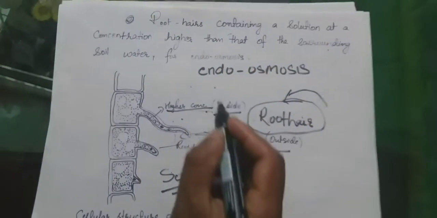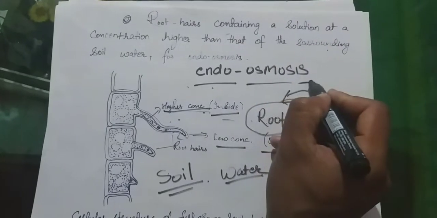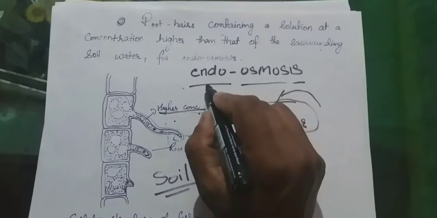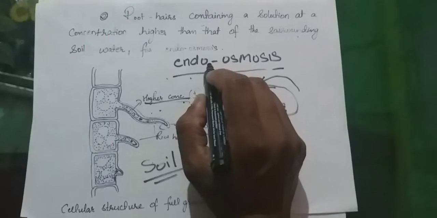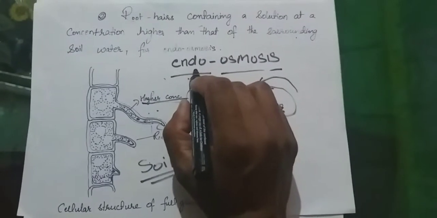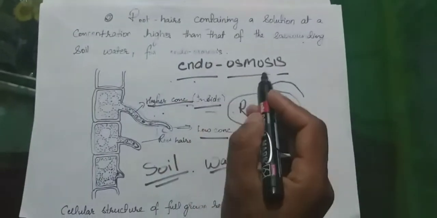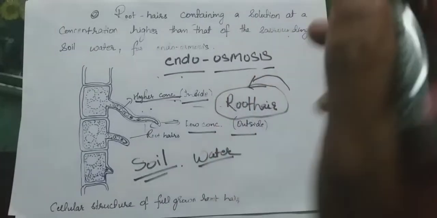Because the water is getting inside the root hair, that particular process is known as endosmosis. We will learn the detail about endosmosis later. And just to remember, endo means inside, getting in. Endo means getting in. Osmosis means the process of